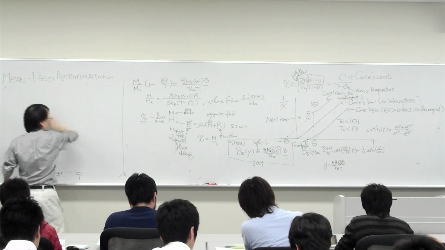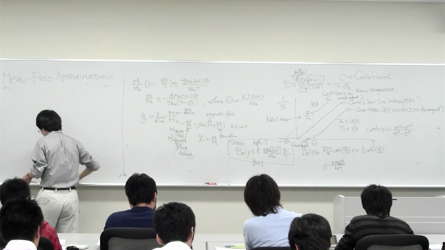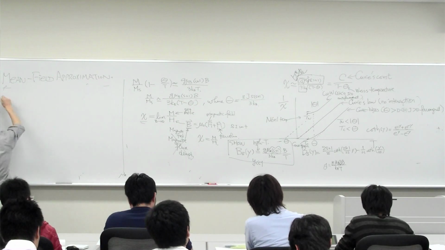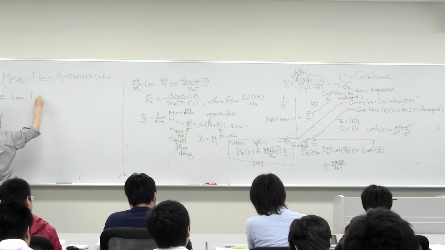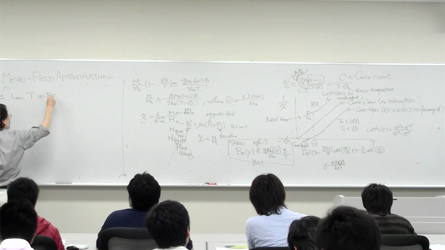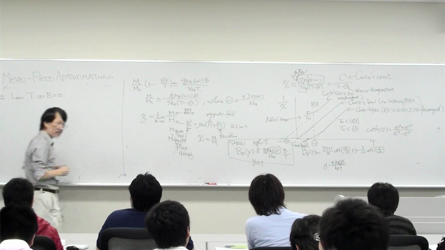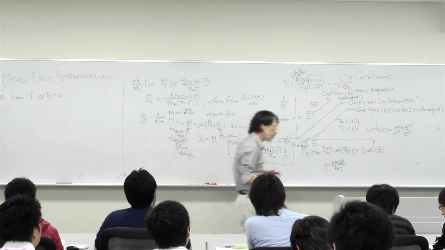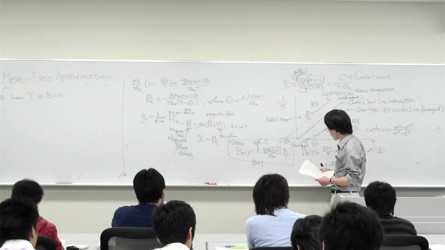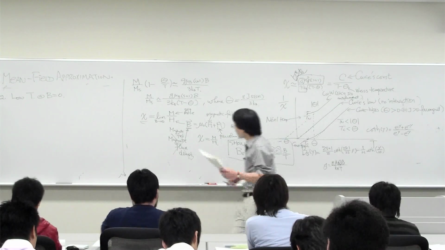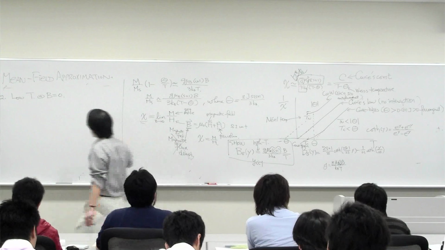So the second region we want to consider is the low temperature region, but when the magnetic field is 0. Then for the mean field approximation,